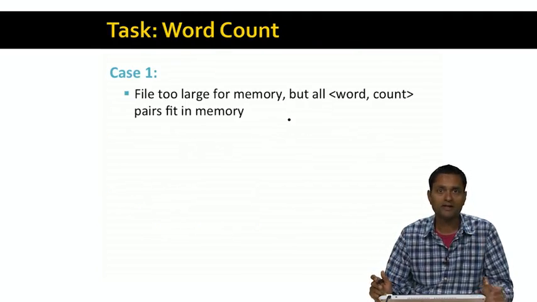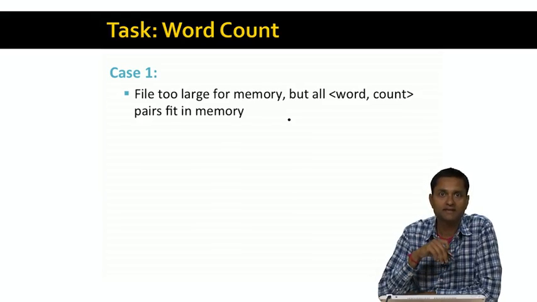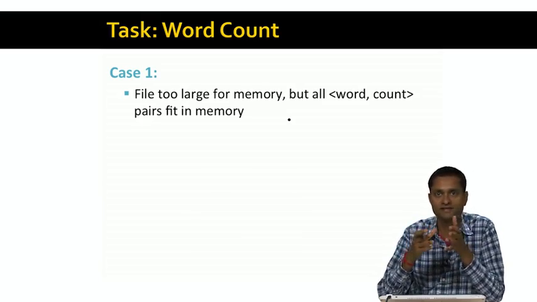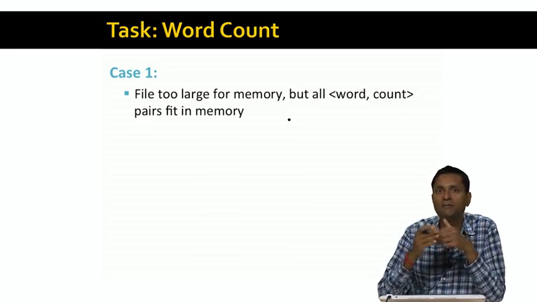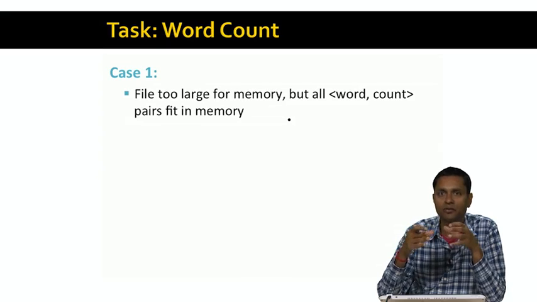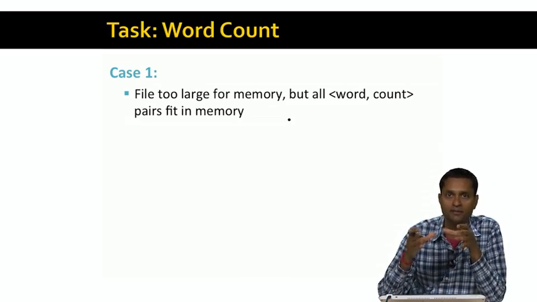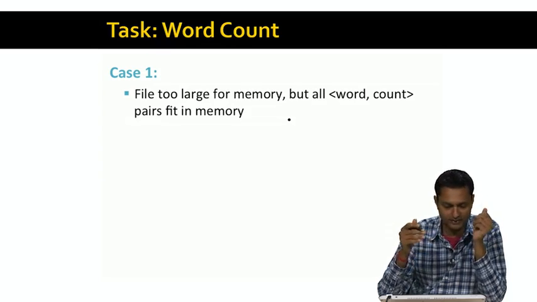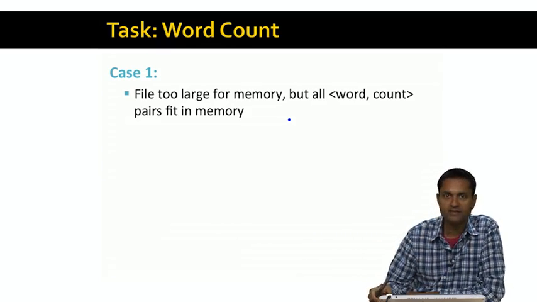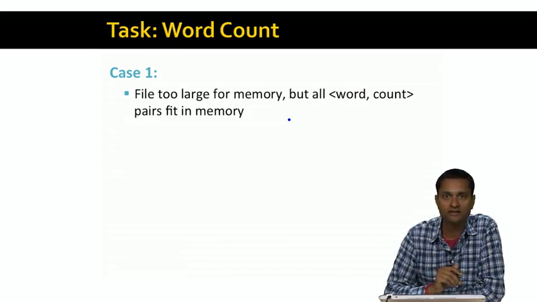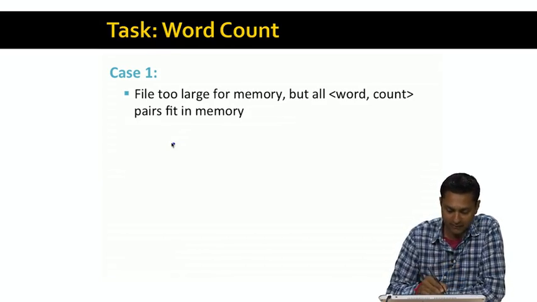So let's look at two cases. The first case is that the file itself is too large for memory, because remember we said it's a big file. But imagine that there are few enough distinct words in it so that all the word count pairs actually fit in memory, right? How do you solve the problem in this case? Well, in this case, a very simple approach works. You could just build a hash table